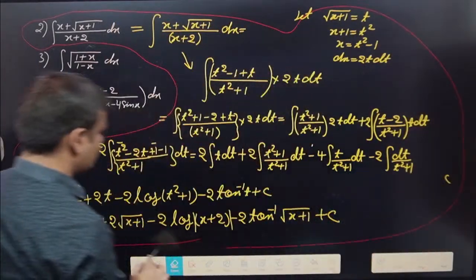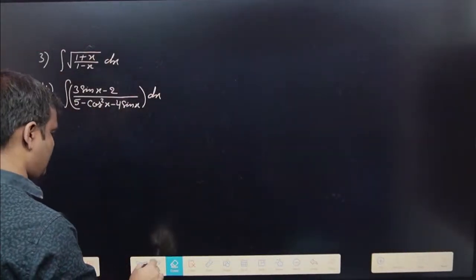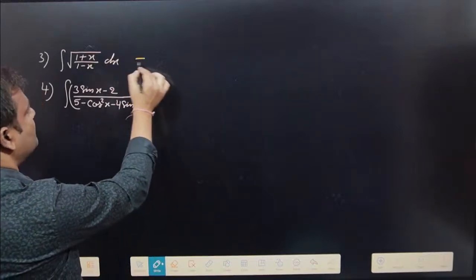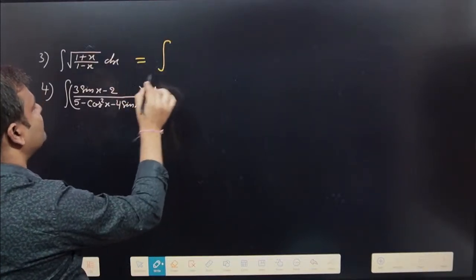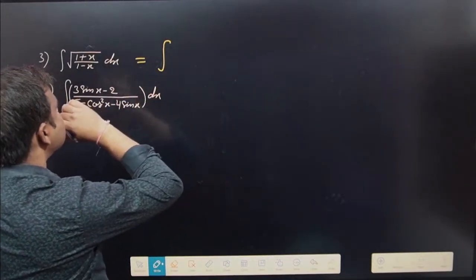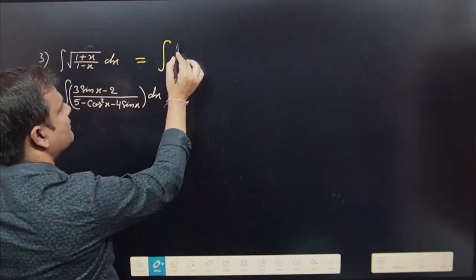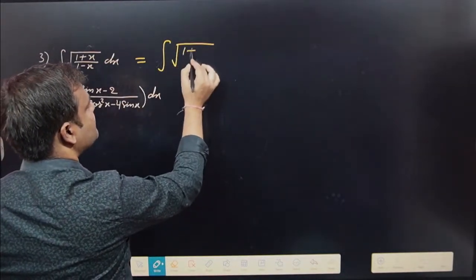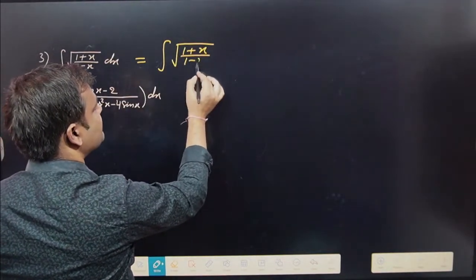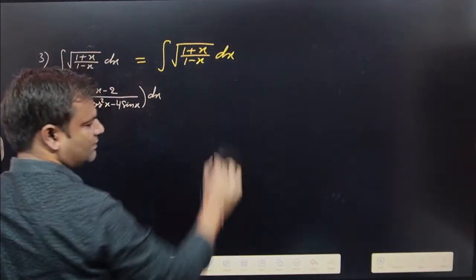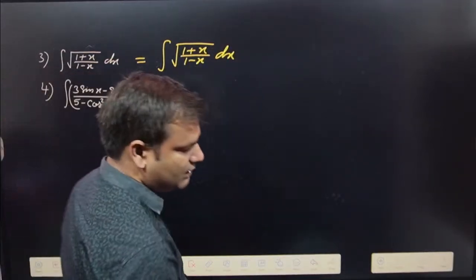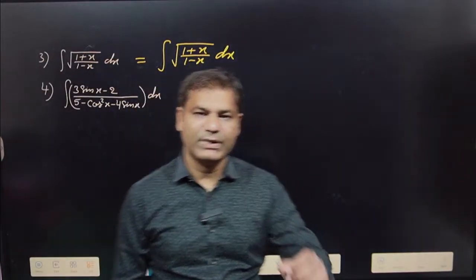Basically we have focused on question number 3. How can we do integration of under root 1 plus x upon 1 minus x dx? Okay, how can we do this type of problem? Simply